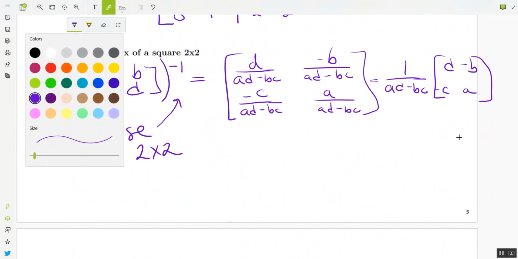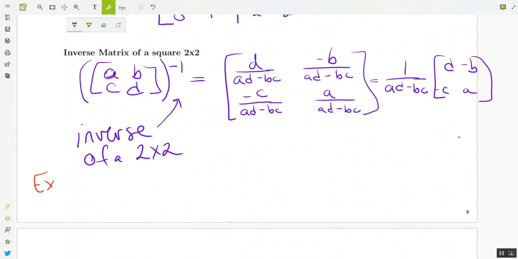Let me change colors. For example, we had the matrix 7, negative 3, negative 4, 2. And we did its inverse, and we got 1 over, so AD minus BC in this case,